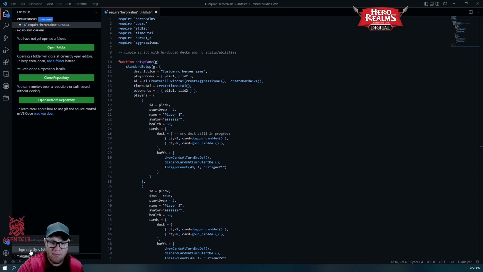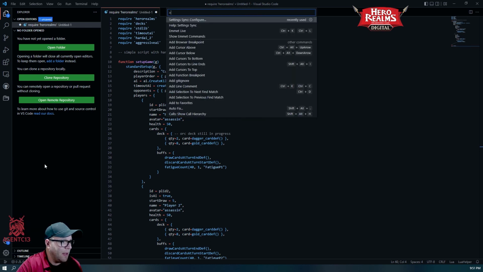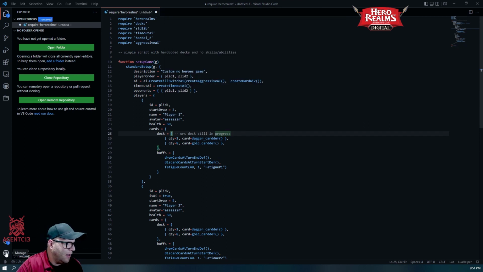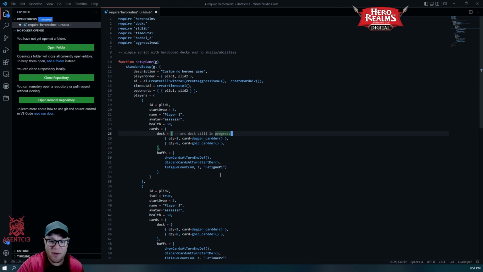Now, a couple things you can do. You can sign in to sync your settings. With some of the apps, there's the command palette, which gives you different commands to use. Let's see. I'm not going to sign in to sync because then it's going to load all of my normal extensions and stuff that I have built in. I want to show you just kind of how basic this is, how you set up the IDE and be able to